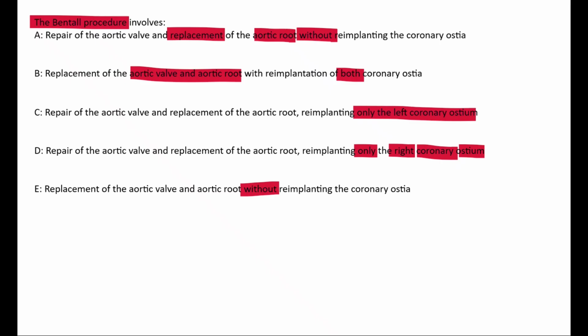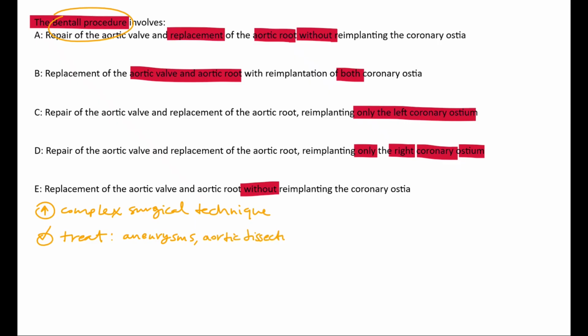Alright, take a minute to think about this. The Bentall procedure in itself is a complex surgical technique used to treat severe conditions of the aortic root, of course, such as aneurysms, aortic dissections, or diseases involving the aortic valve. It's one of the main surgeries for addressing these conditions, and it's named after the surgeon who developed it, Sir Hugh Bentall. We're looking at answer B as the correct answer